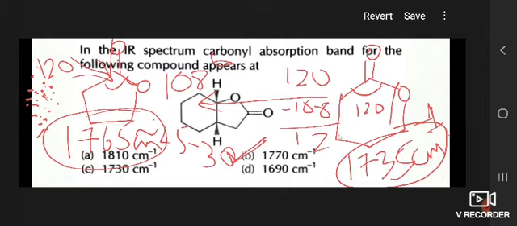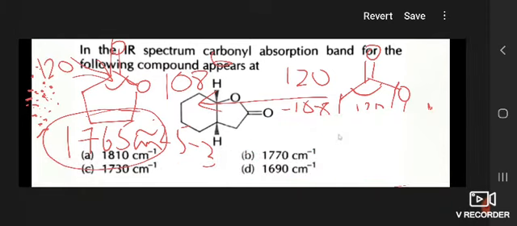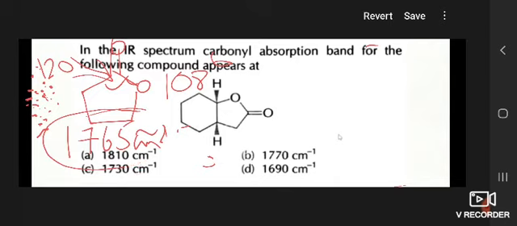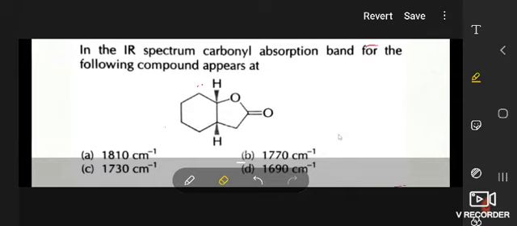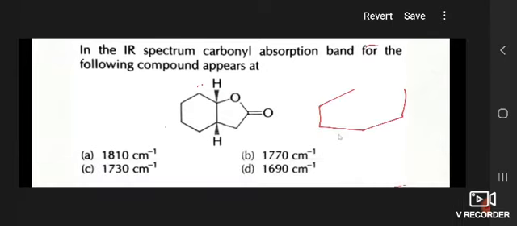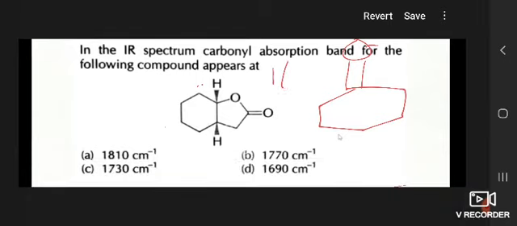So if an acyclic or 6-membered cyclic ketone has an IR stretching frequency near about 1690 cm⁻¹,